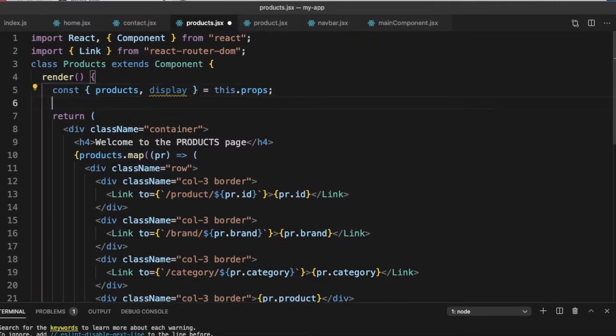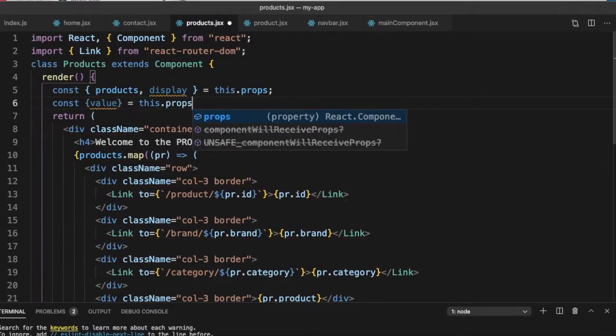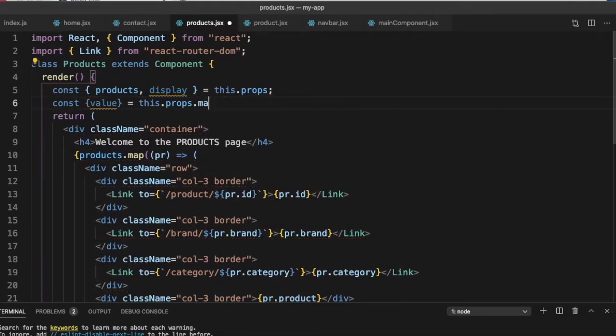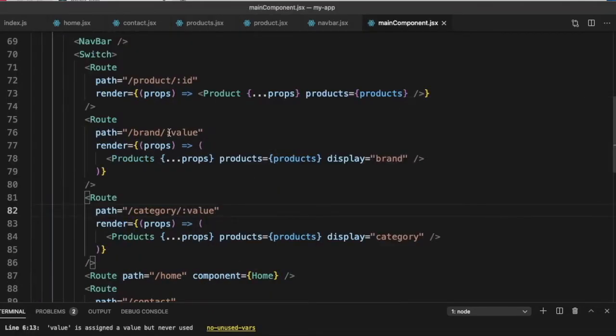The second thing we can get is const value is equal to this.props.match.params. So what was value? Value was the value we are sending here, the colon value.